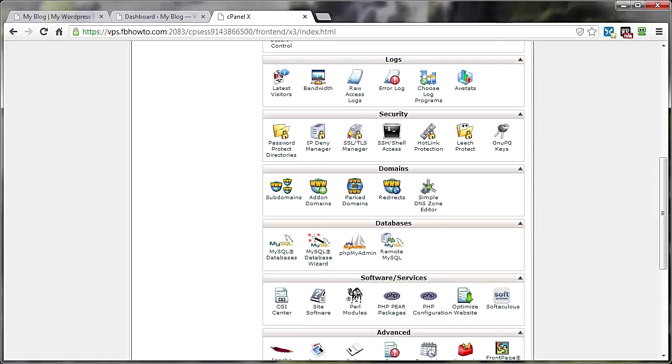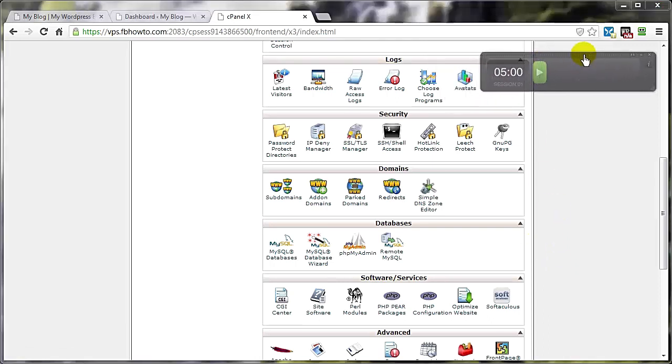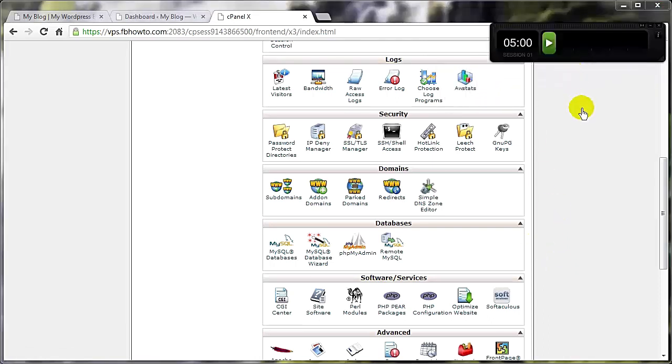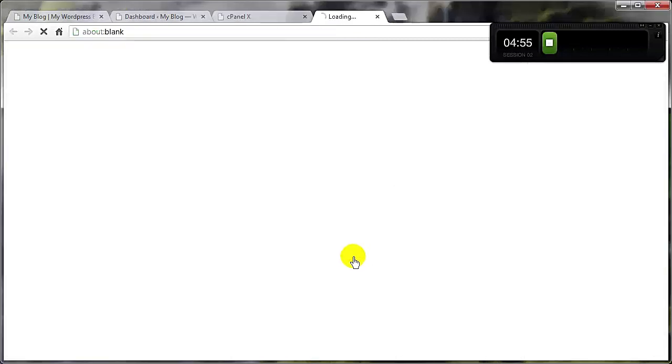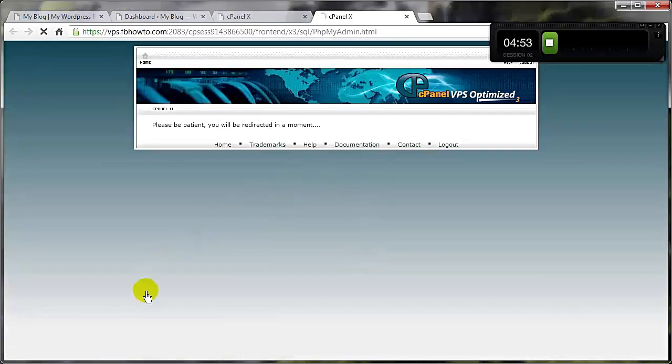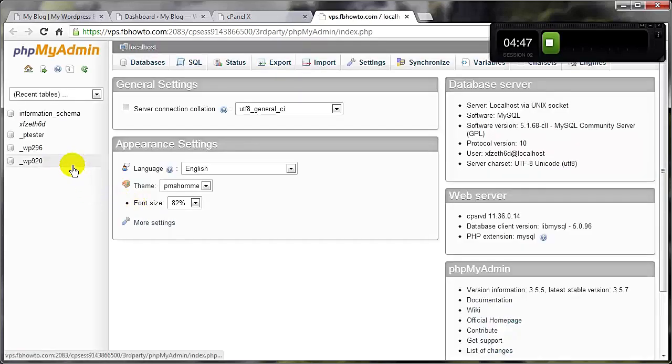But first, I want to pull in my timer here so that we can do this in under 5 minutes. Go ahead and click on that and go. Let's get the database first. We click on phpMyAdmin, and we want to make sure we are backing up the database that pertains to the WordPress site we're going to be backing up, and I know it's this guy here, so we select on that,